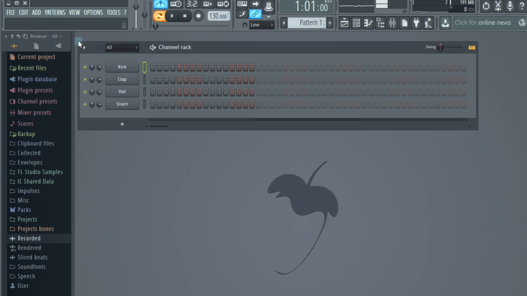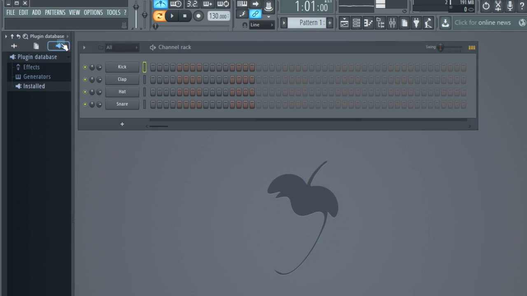Hey everybody, I want to take you through a quick tutorial about how to set up Kontakt 5 to have multiple instruments in the same instance of Kontakt, but be able to control that on different channels within FL Studio. And I'll show you how to set that up initially just to be able to play them, but also to send them to their own mixer tracks so that you can do some fun things with that later on.